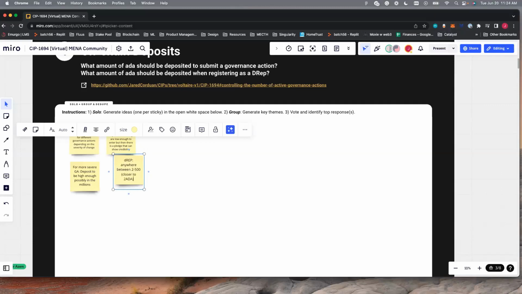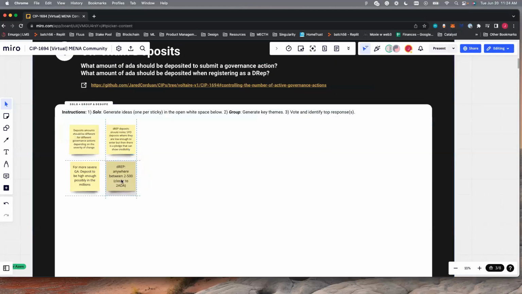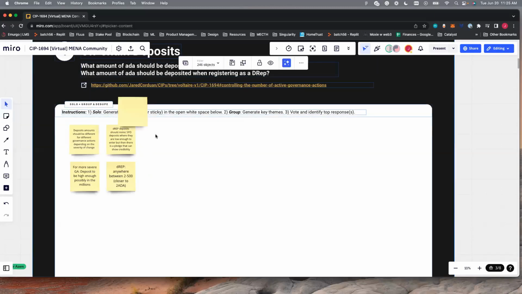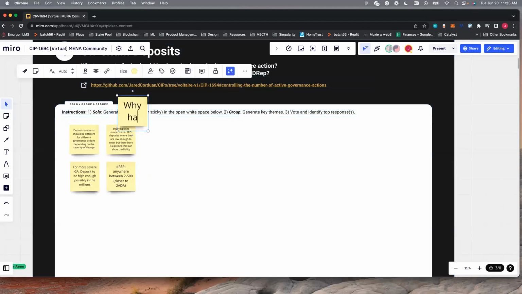I personally question the reason why they should put in a deposit. Maybe there's a reason, I just don't see it. Why create this barrier? Anyone can nominate themselves as a DApp, and if they get people to delegate to them, then it's an open market. And I see one other thing. Seriousness.